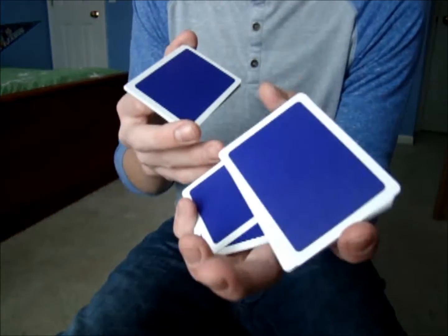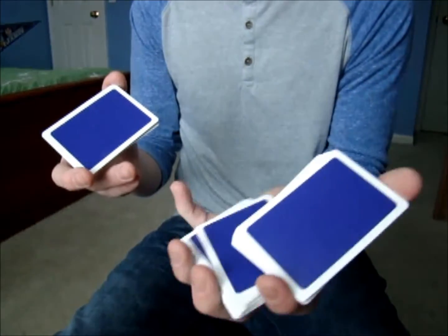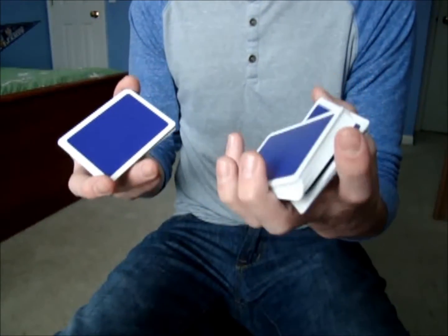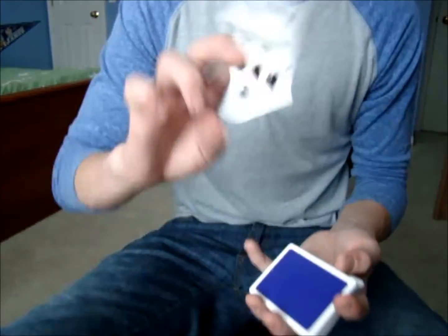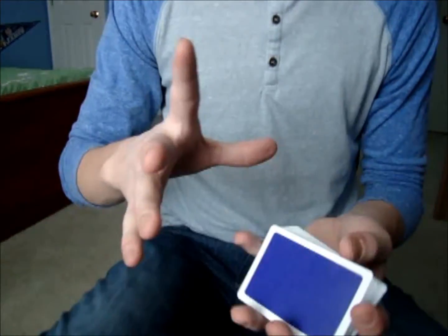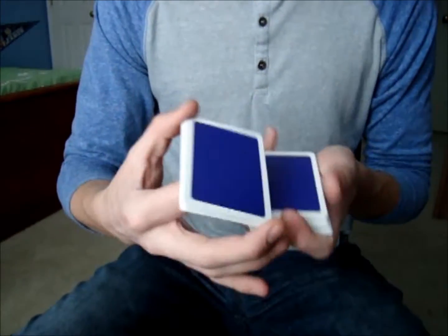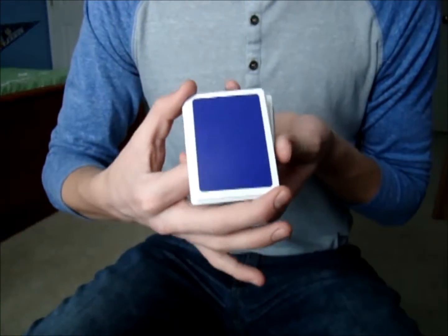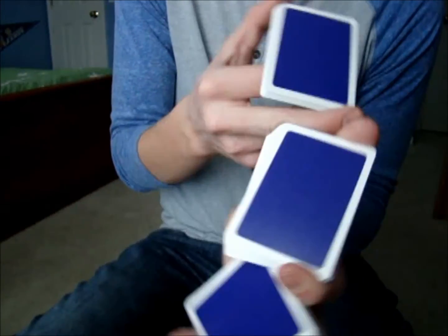You can either put it under or on top of, like it should go for this if you want to do it. Or you can complete the scissor cut and then do a packet flip. Oop, losing a card. And I will teach you how to do the packet flip right now. The packet flip is basically, because you already have the pack like this, and you're opening up to 2 and spreading across to 3,